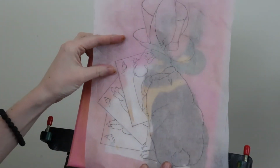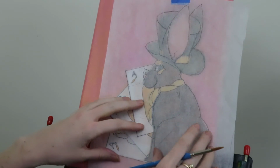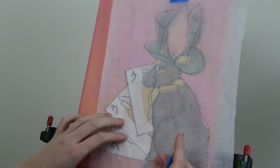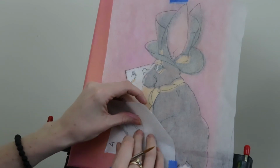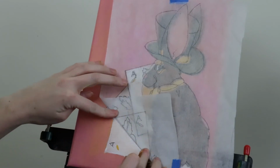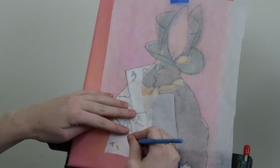I'm not going to retrace it, but I am going to use my reference, which is why we should always keep them handy. Because this is where you put all your hard work, right? This was you designing and drawing and erasing. So I'm going to put this up here, and it gives me an idea of where my carrot starts and ends. There we go. And line's right there, so if it comes out,